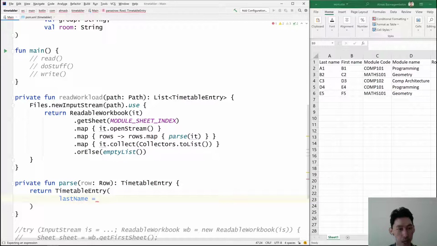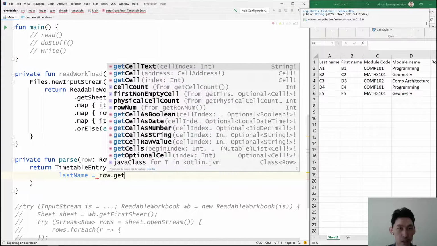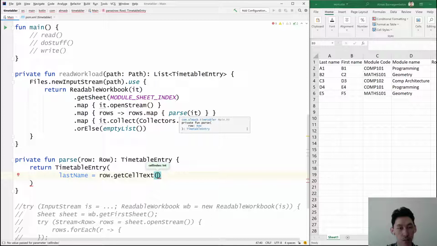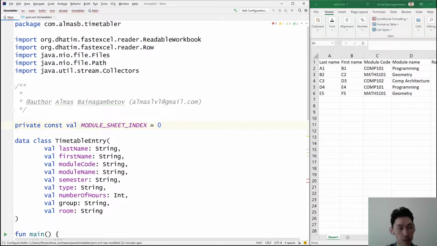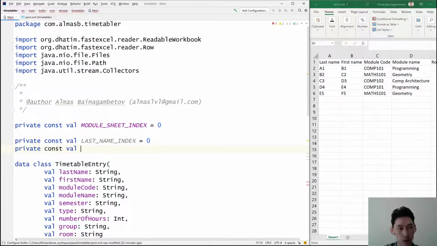So I'm going to explicitly add the name of the parameter here, so it's clearer. Get cell as string. No, I just wanted text, I guess. These indices are not correct because the mock data is mock data, and in the actual data they're going to be different indices. So I'm going to add them here so I can easily replace them. Last name index, it's here going to be 0. First name index,